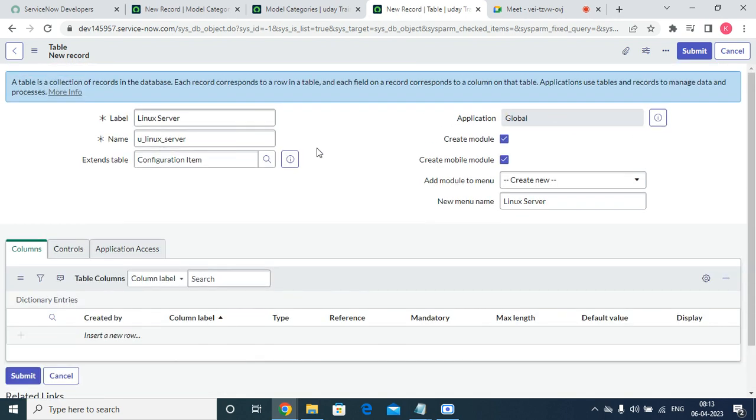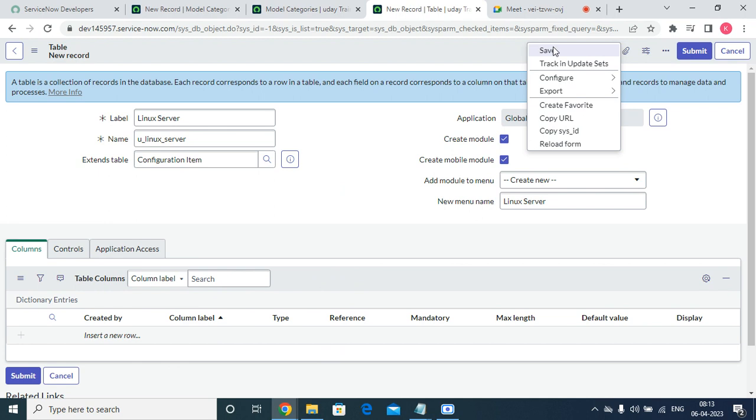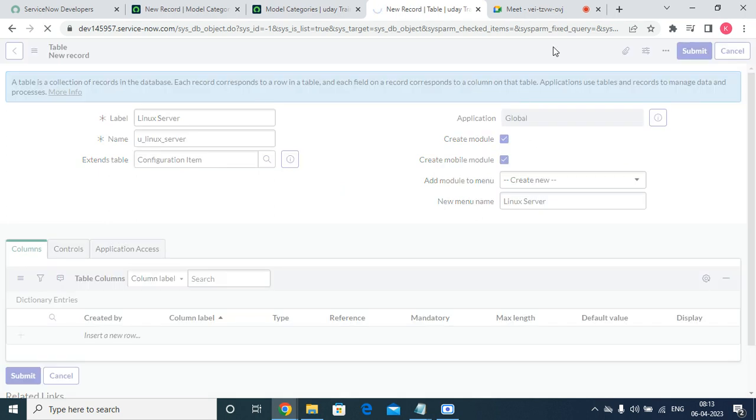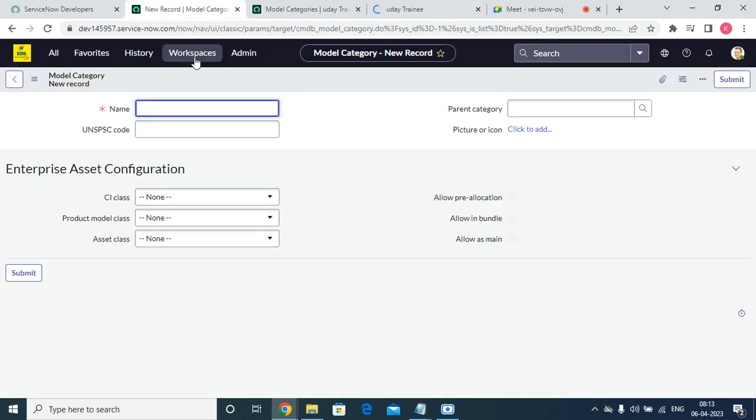This one was extended from here, and if I submit this, it will create a new CA class for the same thing. Now, if you are supposed to create a Linux server,